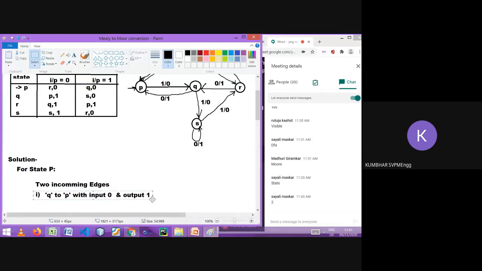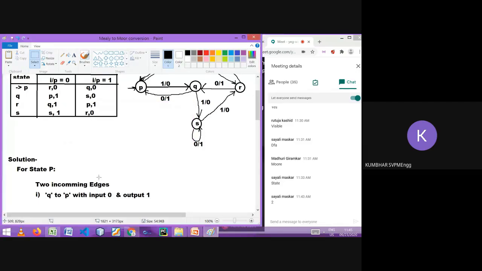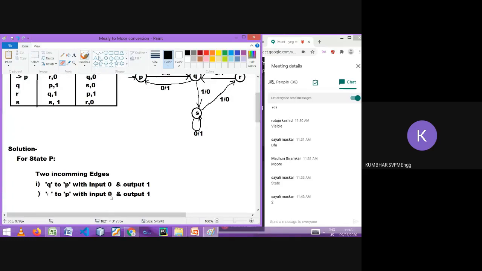Similarly, one more incoming edge is there, that is from R. So let me replace that part only. And let's check, it is with input 1 and output 1. So only the input is changed.